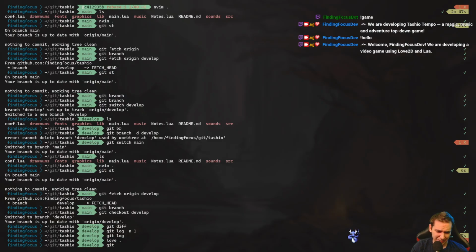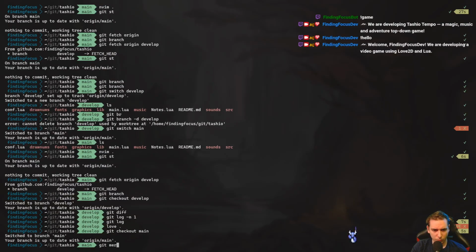Let's do a git checkout main, and we'll merge develop into it. See, this is more what I was looking for. Merge conflicts. Okay. Looks like we've got 3 conflicts.